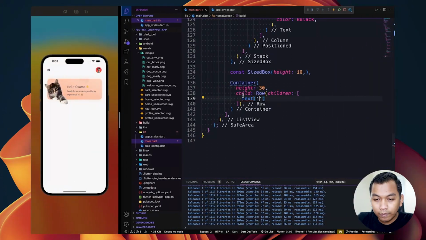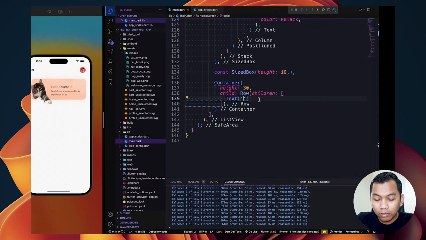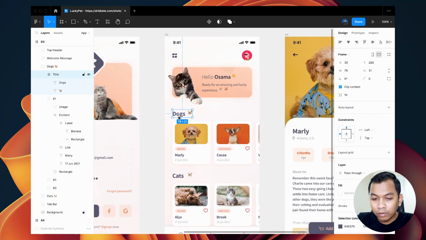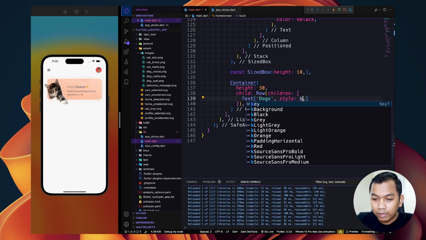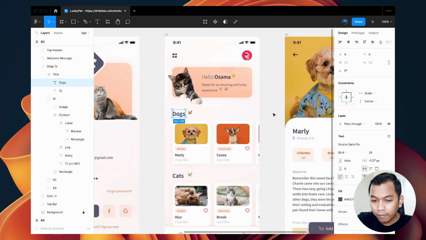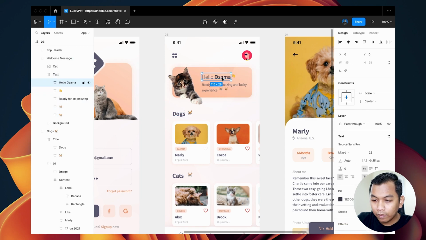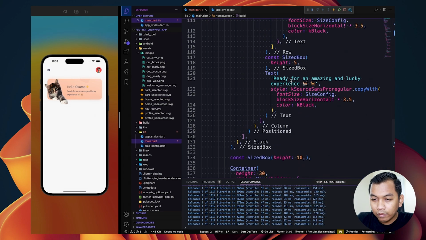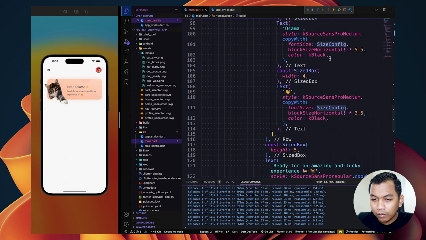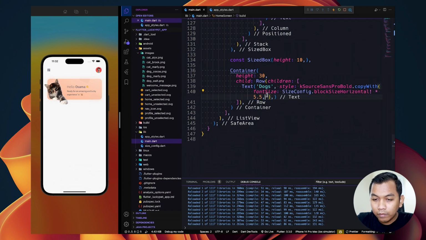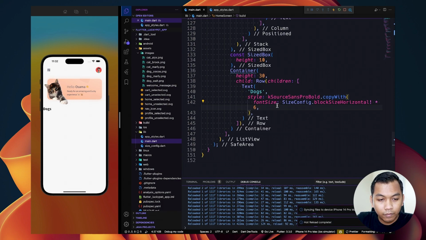We will say dogs with the style, this is bold, and change the size, maybe font size, and we can copy this and paste here, change to maybe 6, and we have this.